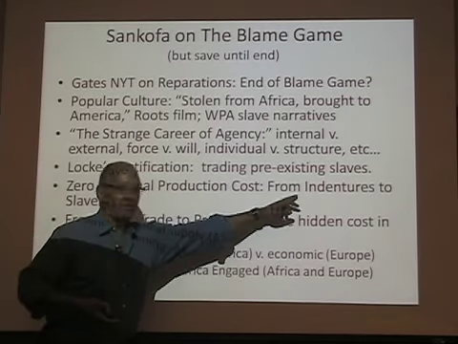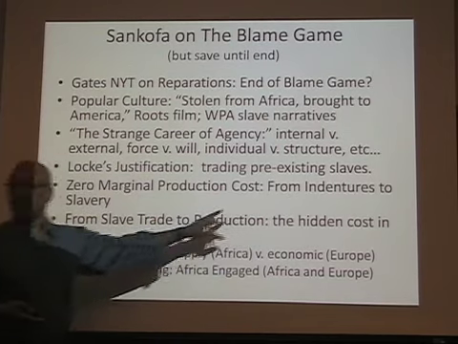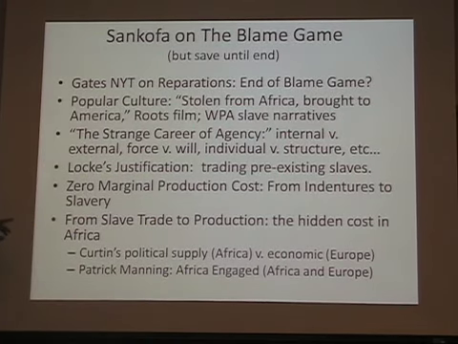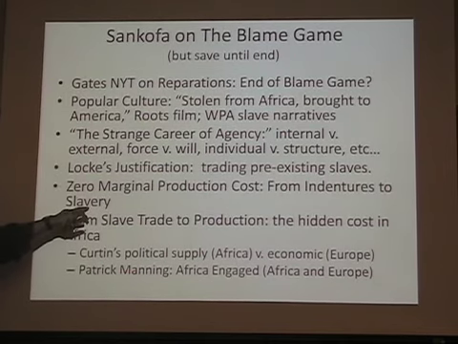This one's about the shift from indentured servitude to slavery in the New World. It's always explained as if there's zero marginal cost to the production of slaves, and it's really driven by transportation costs. Transportation costs decline, fewer indentures enter into indenture contracts because it's easier to finance the transport costs across the Atlantic, but it reduces the price of slaves, because transportation costs are the primary determinant of the price of slaves. Okay,